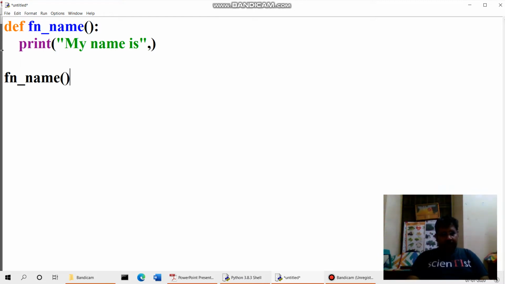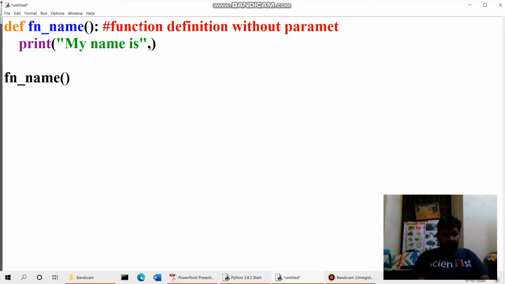So the first line says it is the function definition without parameters. Okay, function definition without parameters.